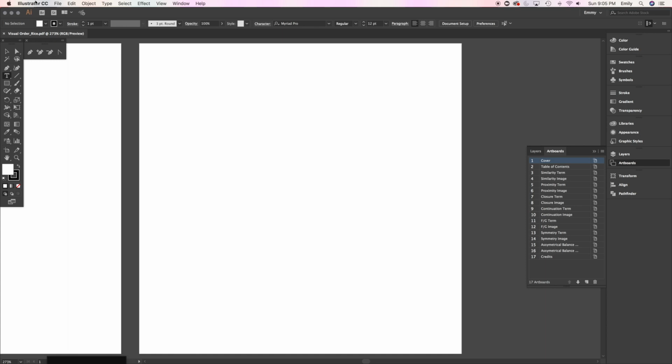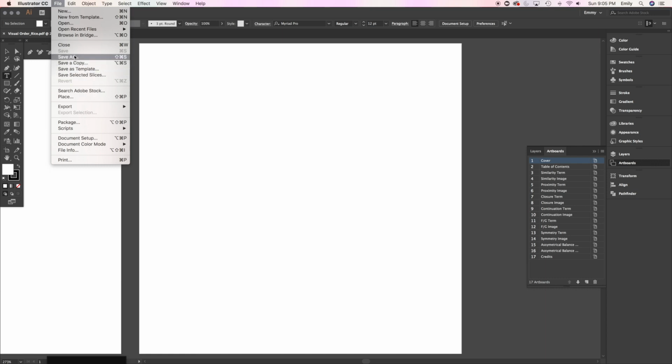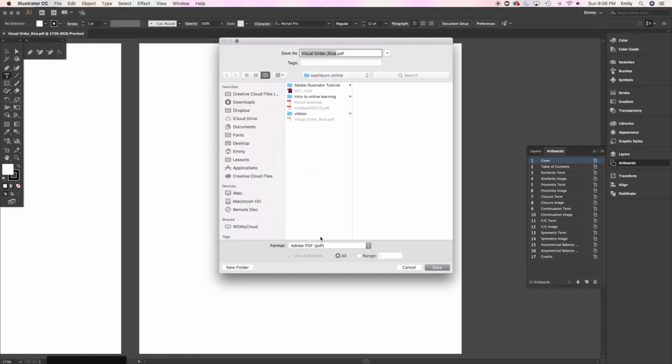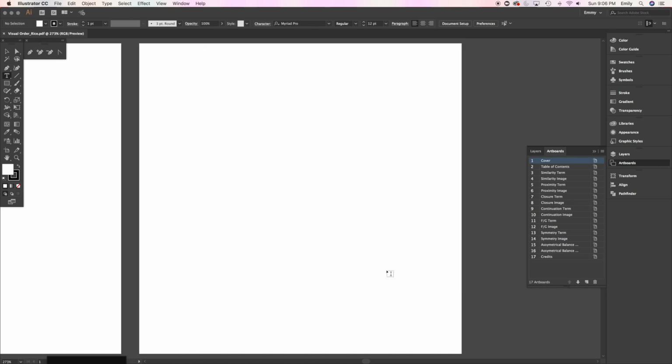At this point, I don't want to go ahead and show you InDesign because I think it's a little easier learning curve just to learn how to do it in Illustrator. So using the artboard feature, you can actually create an artboard for each page. You can save as to create a single PDF that has all artboards included. You're going to name this PDF visual order with your last name, and then you're going to turn it